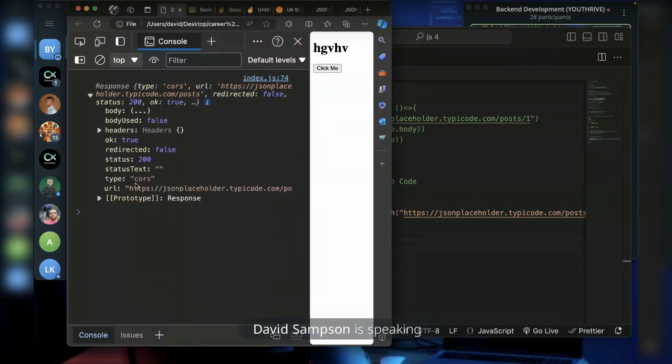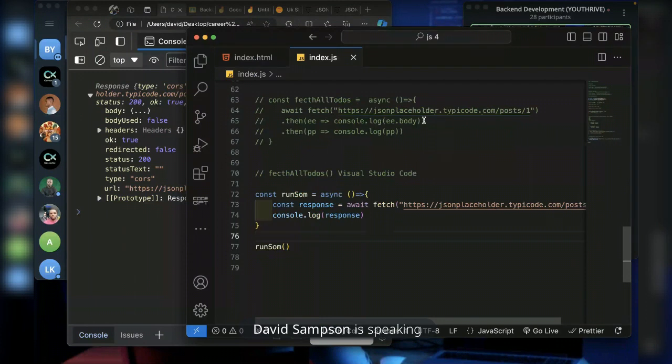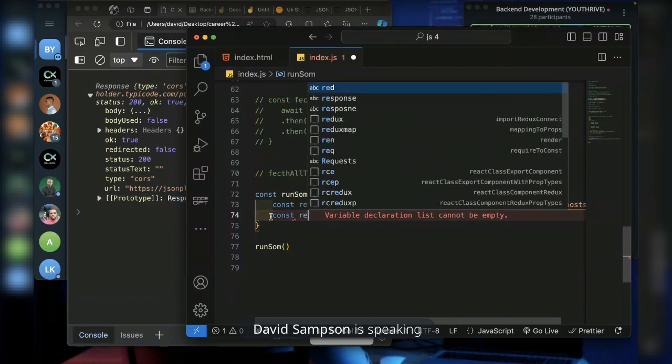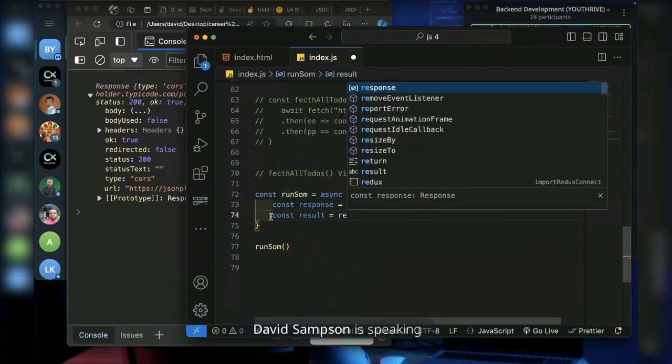And there's a better way to do it, but I'm trying to use this to just explain the different steps step by step. So here we are actually converting what was returned. So what I can do is say here now I want to create a variable and I'll call it results.